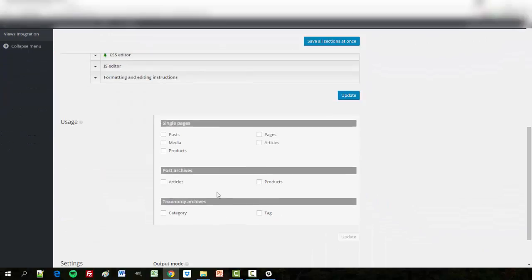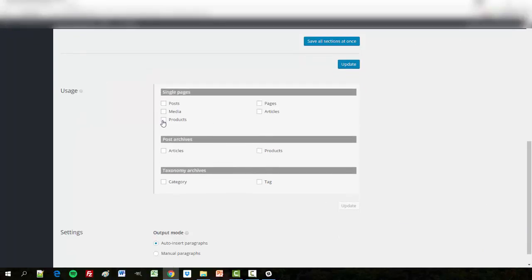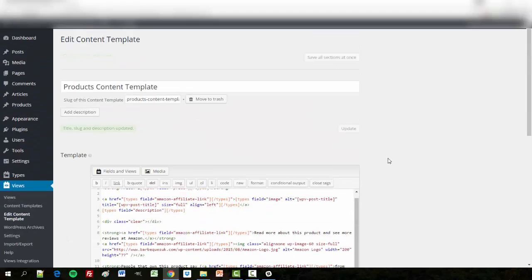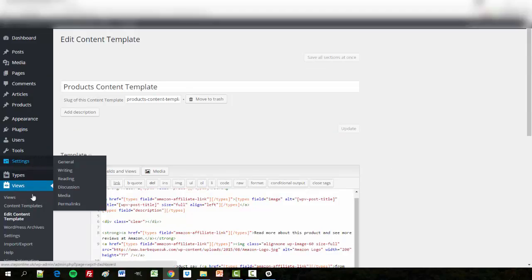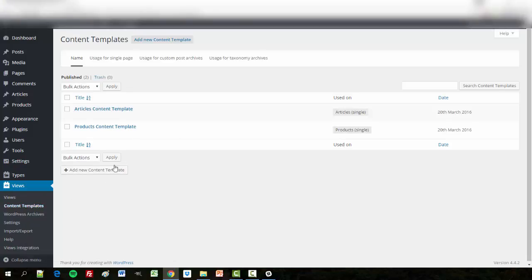And then usage down here, when are we going to use this? I want to use this on products pages. And then I'm just going to click on save all sections at once. So this is now all set up. So if I go on content templates now, you'll see we have products content template, and then it's assigned to use on product pages. So if I go products, add new products,